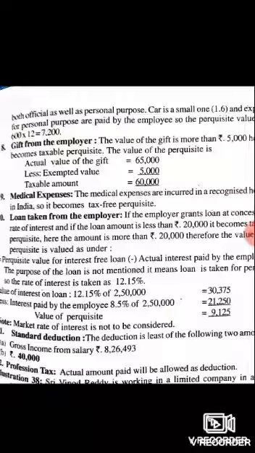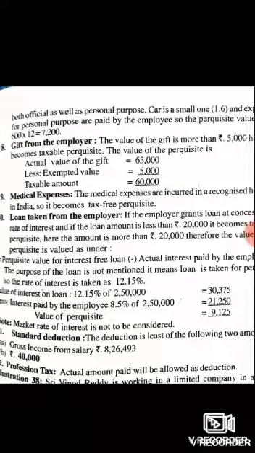The purpose of the loan is not mentioned, which means the loan is taken for personal purpose. So the rate of interest is 12.15%. The value of interest on the loan is 12.15% of 2,50,000, that is 30,375, less interest paid by the employee at the rate of 8.5% of 2,50,000, 21,250, which is paid by the employee. The value of the perquisite which is taxable is